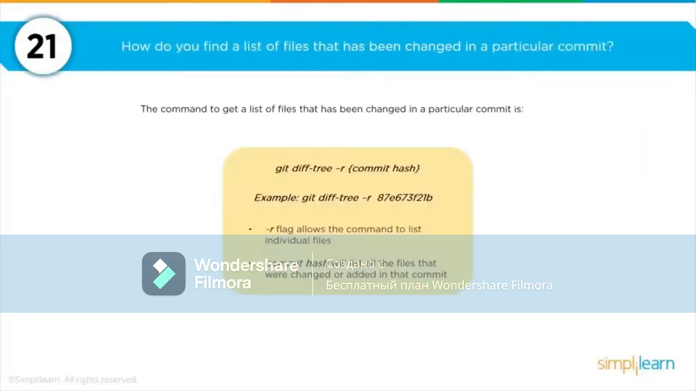You can, if you want to, very quickly and easily find out all the files that have been used to make a particular commit. So when somebody asks you the question, how do you find a list of files that has been changed in a particular commit,